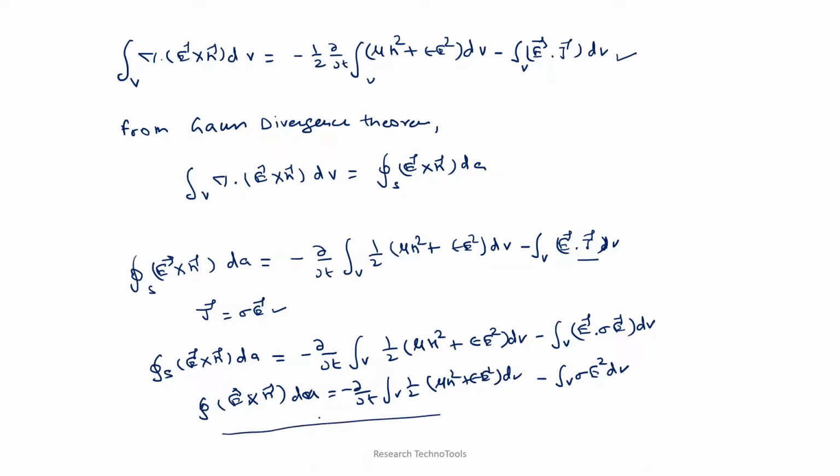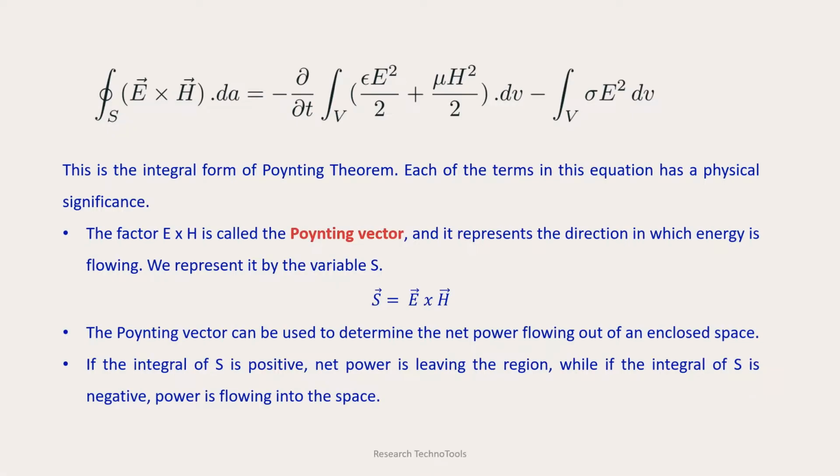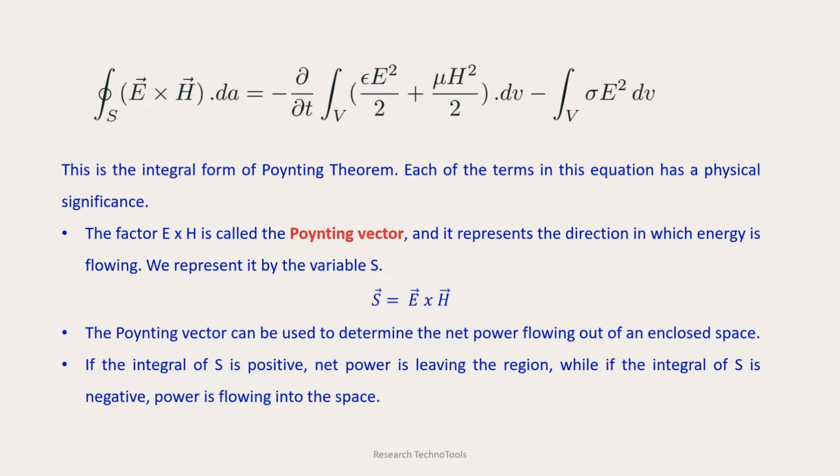So this equation is basically known as the integral form of the Poynting theorem. We have written this equation again here. The left hand side, that is E vector cross H vector dot dA, equals minus d/dt of the integral of (epsilon E square by 2 plus mu H square by 2) dV, minus the integral of sigma E square dV. So this is the integral form of the Poynting theorem,